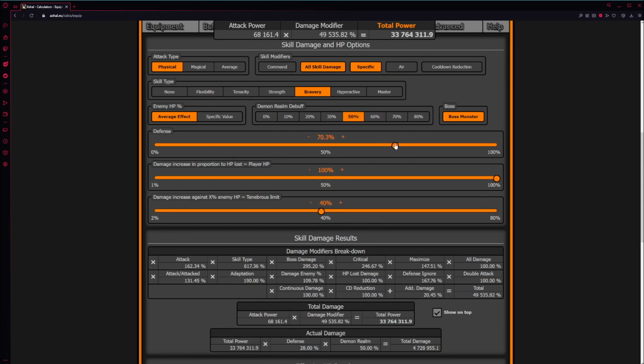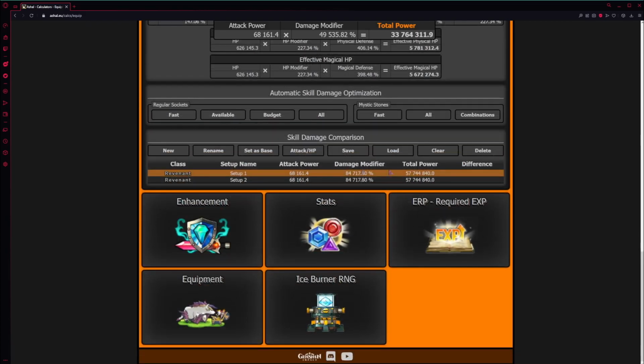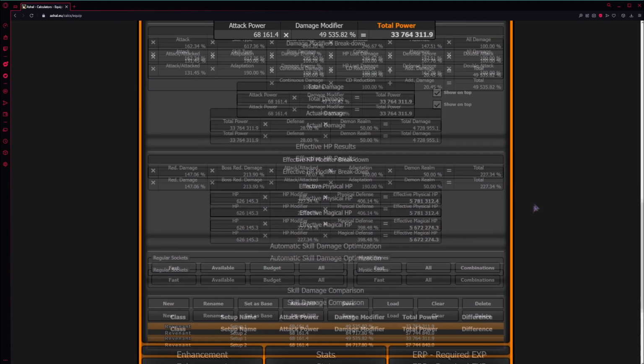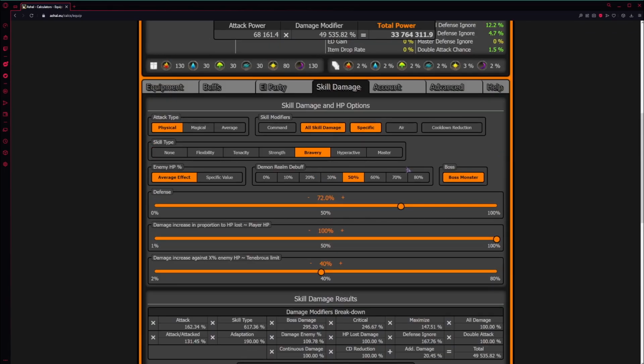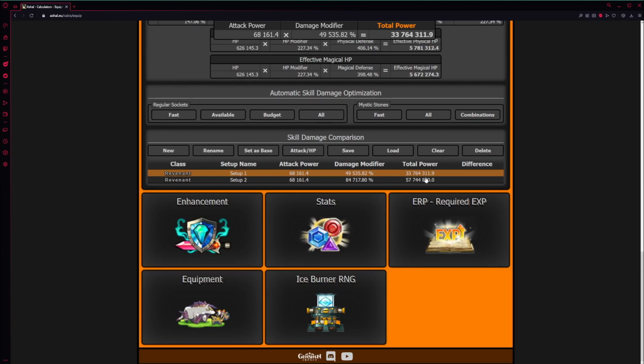Rosa's 50%. His defense is only 72, and I think 12.73, I believe, something like that. So how much damage do I do in Rosa? Significantly less, because the Demon Realm debuff isn't nearly as strong. So all the adaptation I have is a little different. But you can see that there's now a difference between these two. Okay? It's really nice to just be able to witness all this.